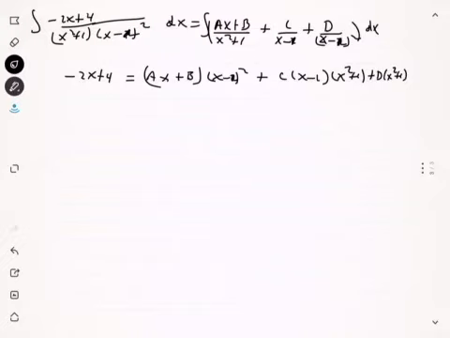Alright, when you expand the right hand side, you get minus 2x plus 4, and I'm going to skip the